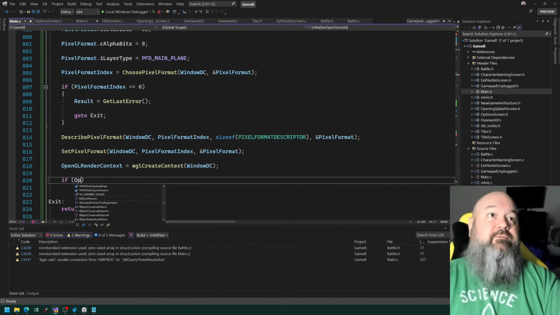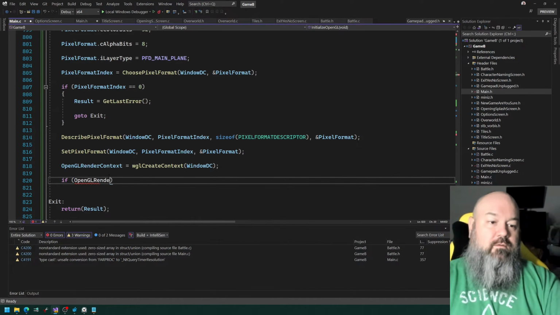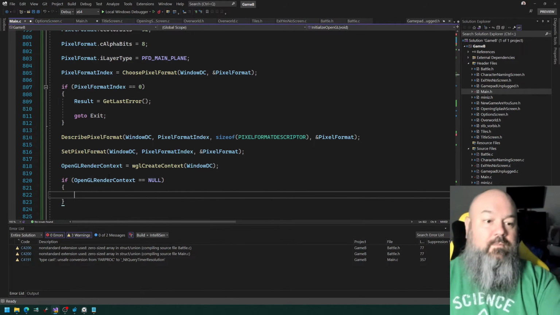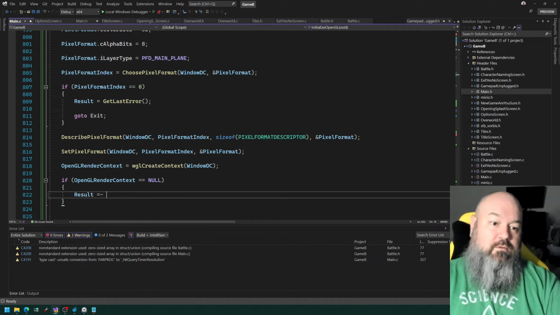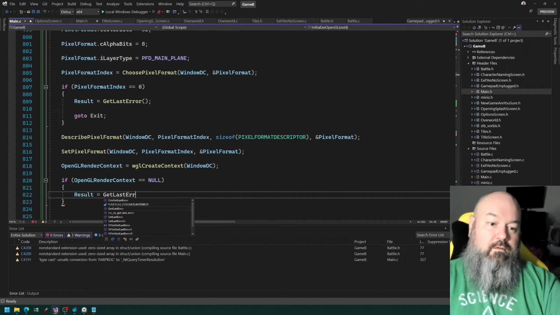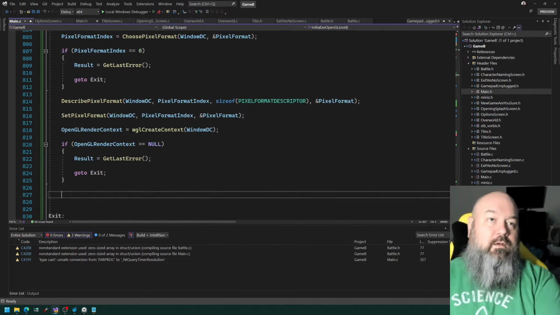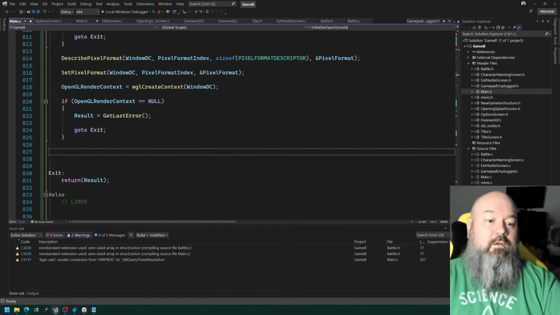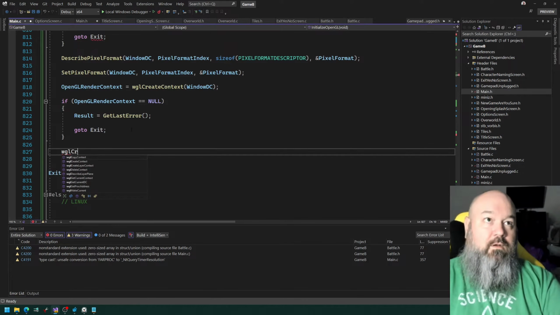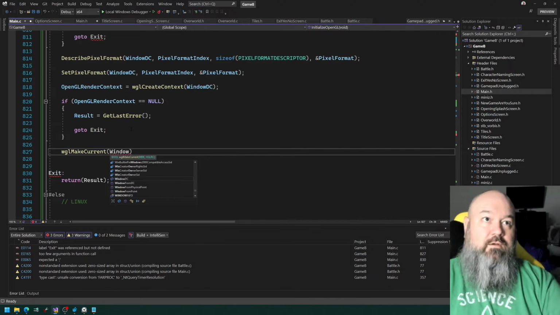And so if OpenGL render context is null, then we're going to, of course, fail. We're going to exit, and we're going to do a wiggle create. We're almost done with this. Wiggle make current window DC